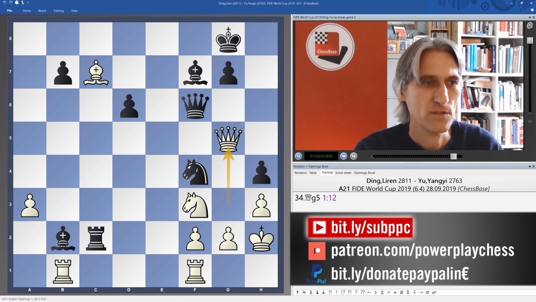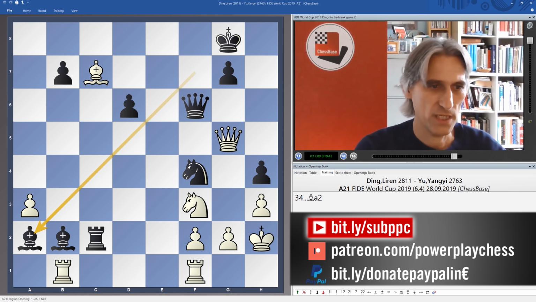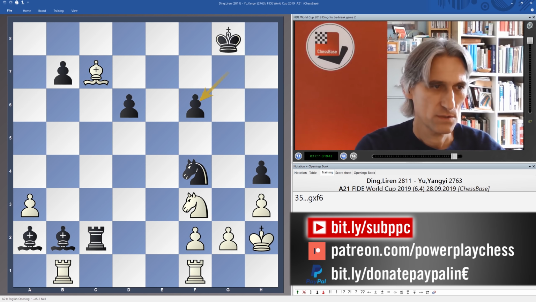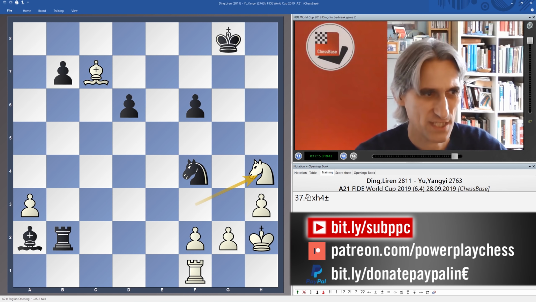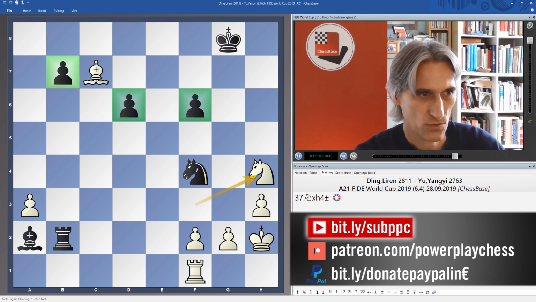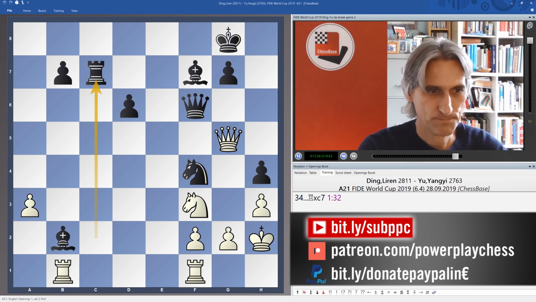After queen g5, black is suffering. The best he can do is play the bishop down here, and white can give back the exchange and take on h4. You can see all black's pawns are split, and white has an extra pawn. It's better for white. Instead, the game went rook takes bishop,